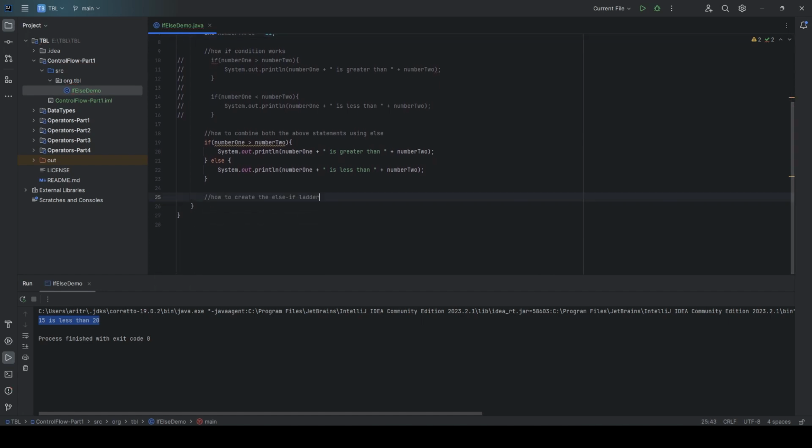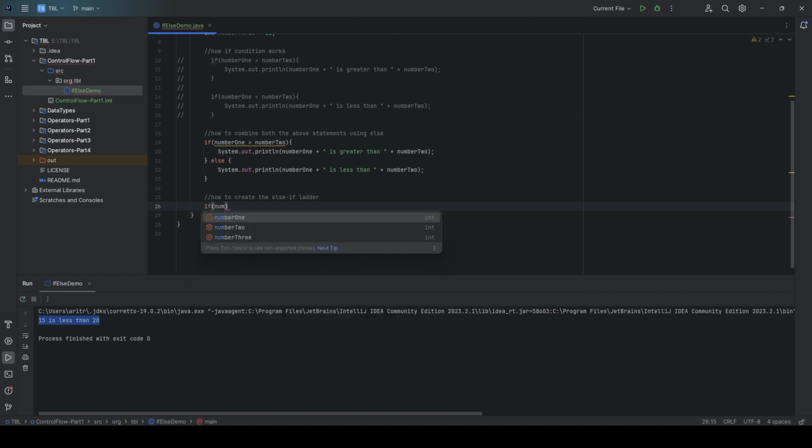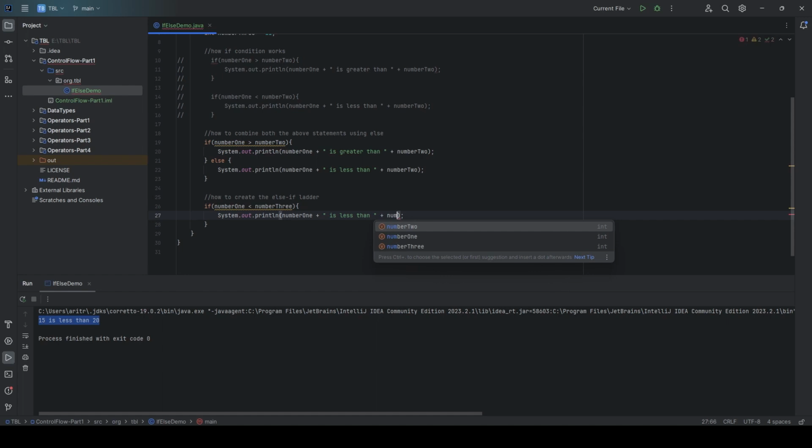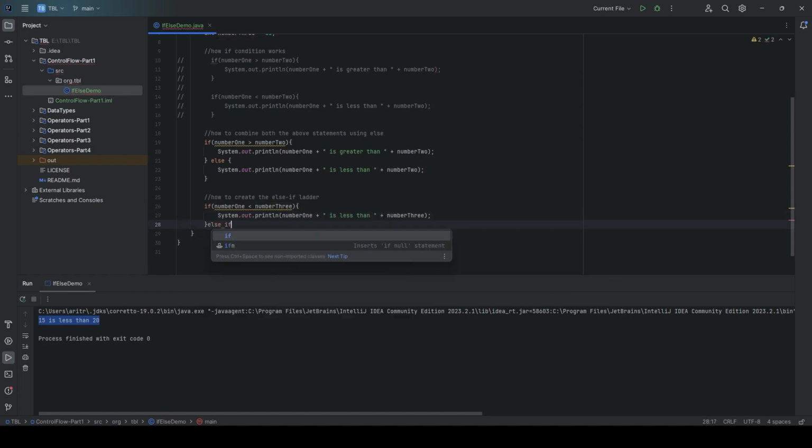Now if we jump to the if-else ladder use case and type if number 1 is less than number 3, number 1 is less than number 3. Now I'll type else if